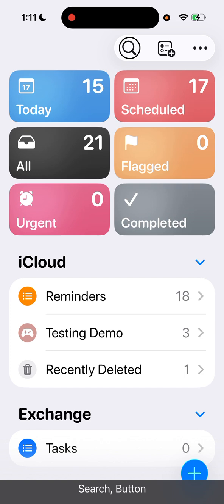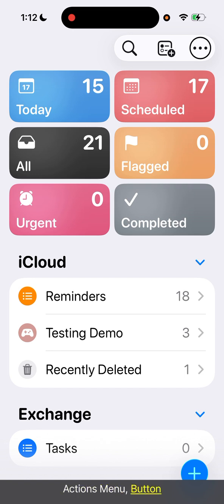So next to that, to the right of it, is the lists button. And this is exactly where you can create new lists. You can keep track of all your reminders in separate lists. They don't have to all be jumbled into one big list. So you can have Home, a list of reminders for home, a list of reminders that are medication, a list of reminders for work, and so on. And that's where you'd go to create that list. We'll visit that in a little bit. Next to that